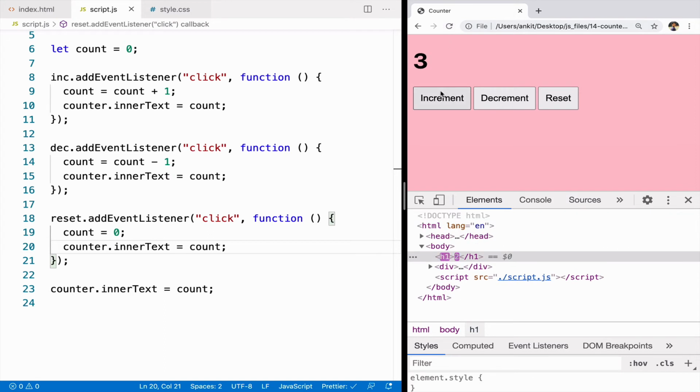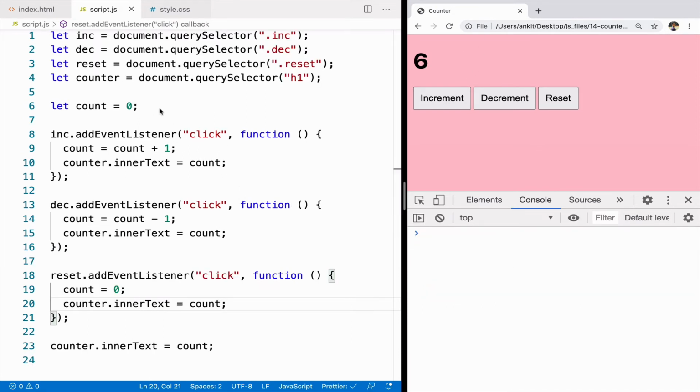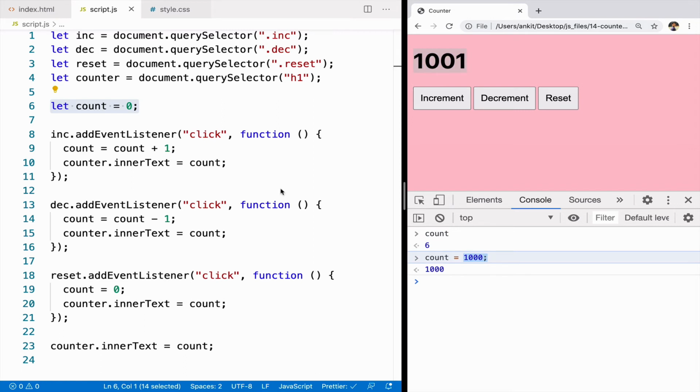Now the app is working properly and it is taking care of it, even if somebody is changing the DOM here, it will go back to the original value. But now someone can go ahead and access this variable outside. So you can go ahead and say count and you can get access to the variable because this is a global JavaScript file. What if I go ahead and say count is equal to 1000? Here it looks like the value is 6, but as soon as we click on increment, the value goes up by 1 from the value that we changed in the console.